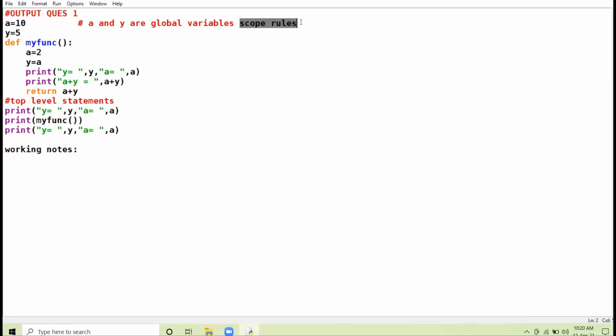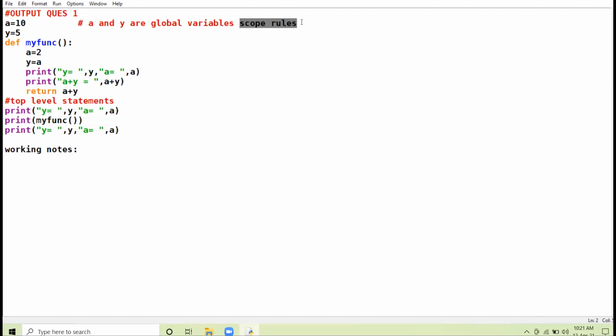That is known as the scope rule of the variable.